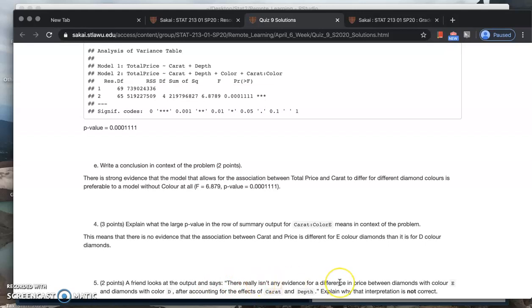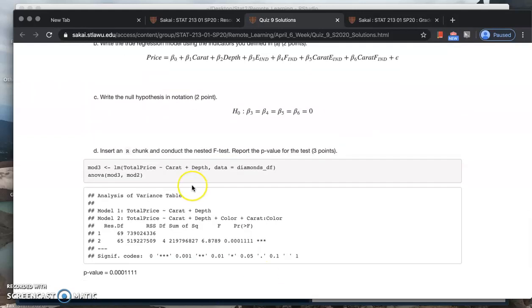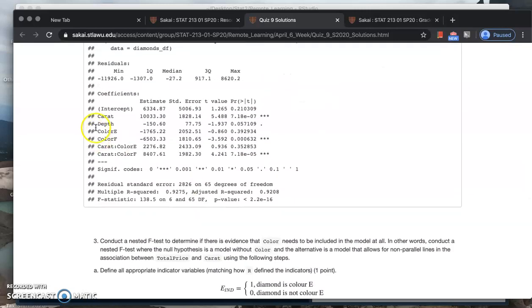and says there really isn't any evidence for a difference in price between diamonds with color E and diamonds with color D, blah, blah, blah. And so to make that interpretation, they're looking at this output, looking at this row with color E, seeing that this p-value is large, and then making this claim that since that p-value is large, that must mean that there's no evidence for a difference in price between color E diamonds and the reference group, which